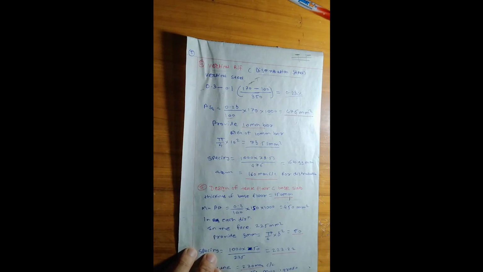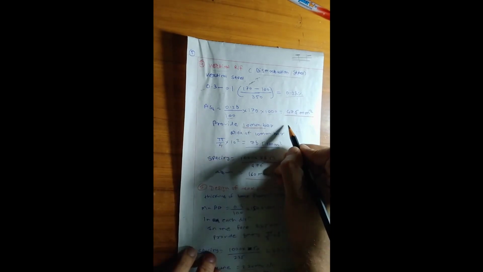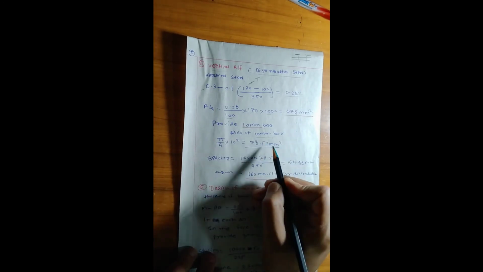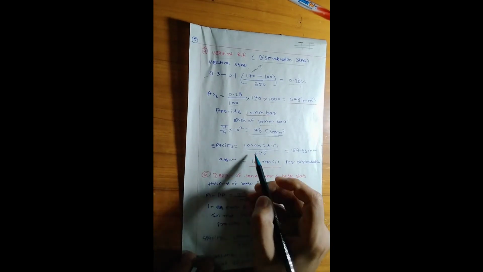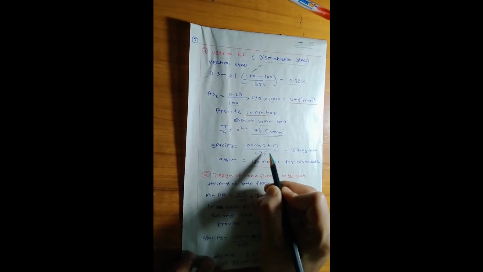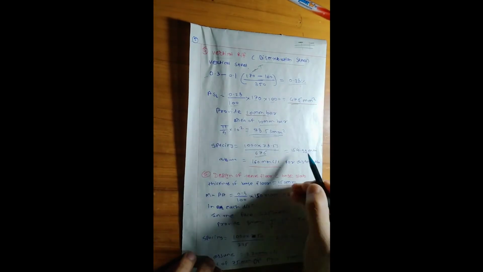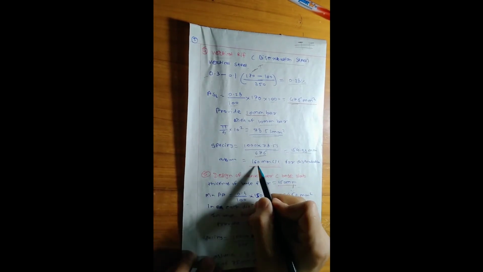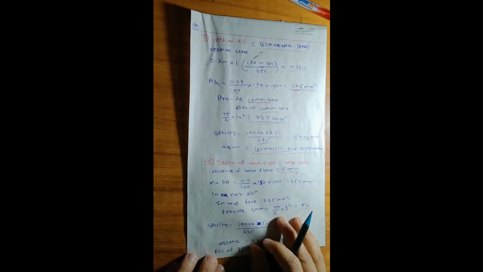In distribution steel, again, this is all about our choices. So I assume 10 mm distribution steel, or vertical reinforcement. For a 10 mm bar, the AST is equal to 78.53 mm square. Again, spacing is equal to 1000 into 78.53 divided by 476, which is the AST for distribution. The spacing is 164.99. So assume 160 mm center to center for distribution. The spacing is 160 mm.